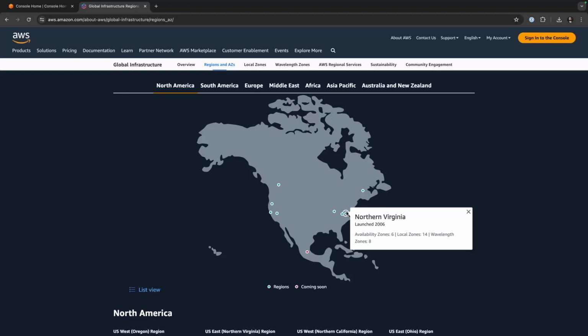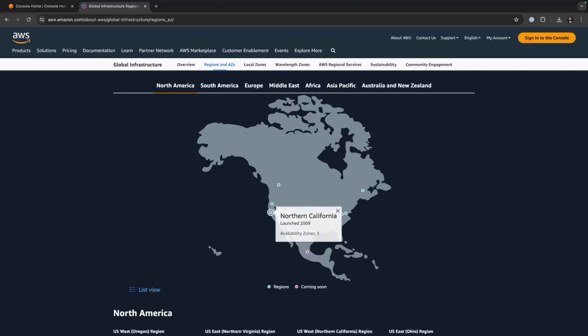And each of these AZs, as we call them for short, is independent of one another, although they are interconnected within a region. So you can see North Virginia has 6, but some other regions have, Northern Carolina, you can see 3, Oregon 4. Local zone is something else, and wavelength zone is something else entirely. But just remember, for now,